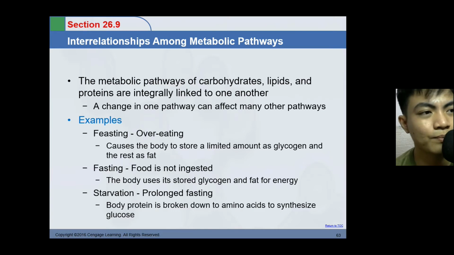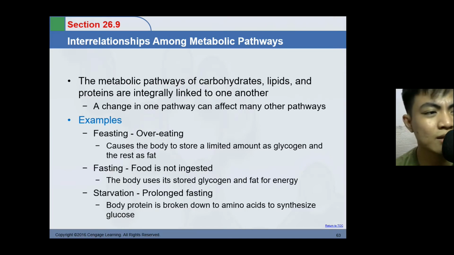Okay? And then yung mga fasting, hindi ka kumakain, so doon naman nila gagamitin yung glycogen into glucose, okay? Gluconeogenesis, okay? And glycogenolysis, okay? And then yung fat through beta oxidation, diretso Krebs cycle yan. So, however, in the cases of starvation,